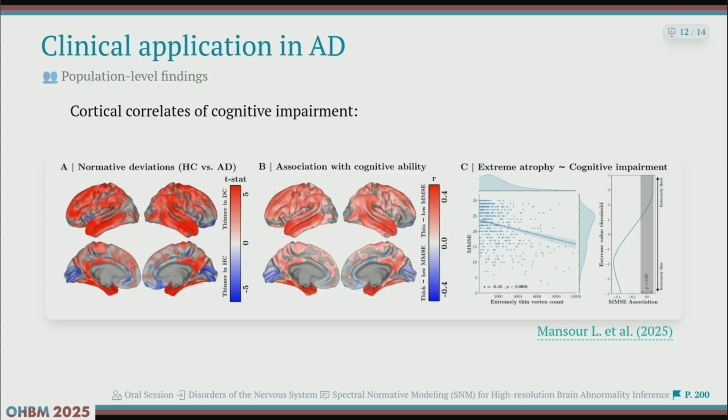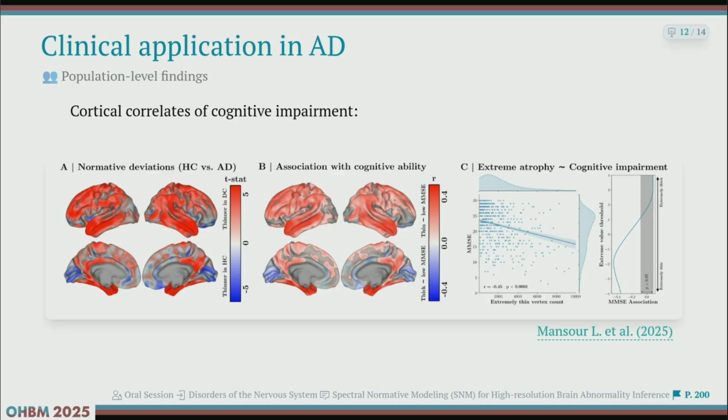But we were also able to associate that localized thinning with cognitive ability, and we noticed that particularly in the temporal pole and in the parahippocampal gyri, cortical atrophy in those regions correlated with cognitive impairment measured by the MMSE